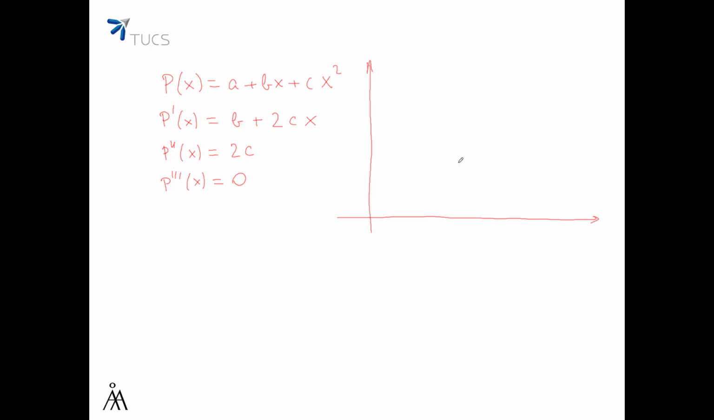Let's say that we have two data points, and they are at coordinates x1, y1, x2, y2. And through these data points, there is a curve that we need to discover that might look perhaps something like